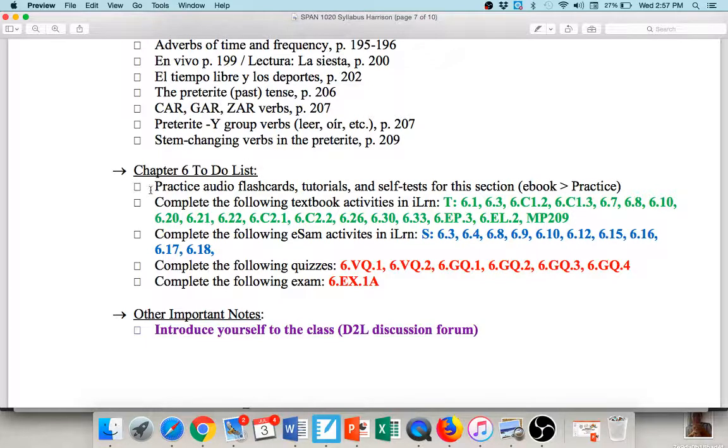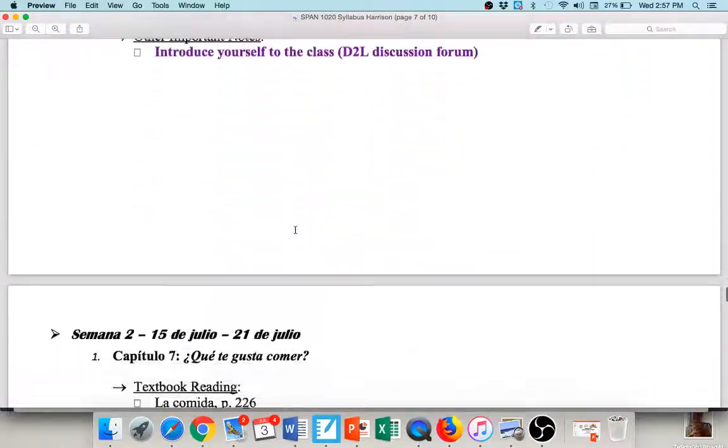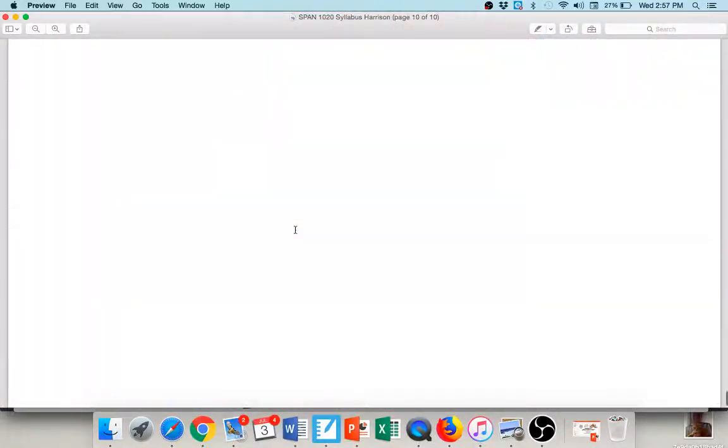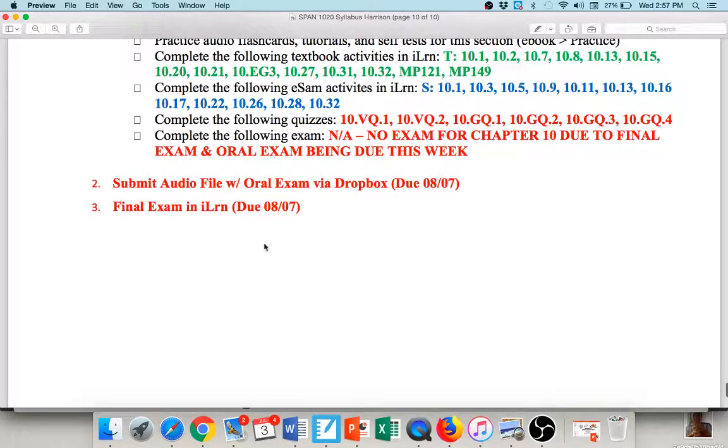There are also flashcards available for you to practice how to pronounce these words. You can click on the word and it'll allow you to pronounce it. Those are available in iLearn. And there's all kinds of little tutorials and practice things you can do as you're reading the book, and those are kind of built in. So all that is there for you. And then this, of course, continues for week 2, 3, 4, 5, and 6. And it gives you the dates for your oral exam and your final exam and all that good stuff. So that is the syllabus in a nutshell.